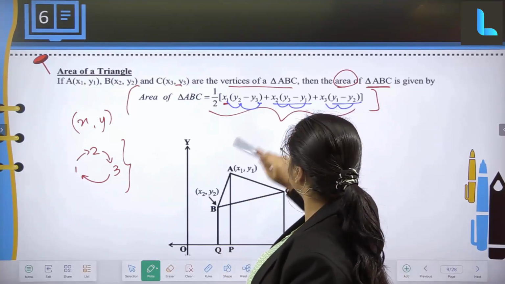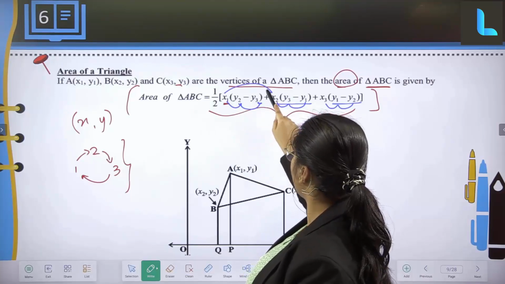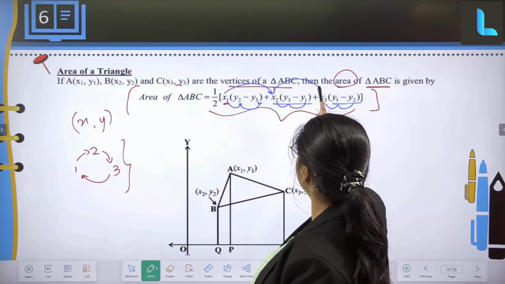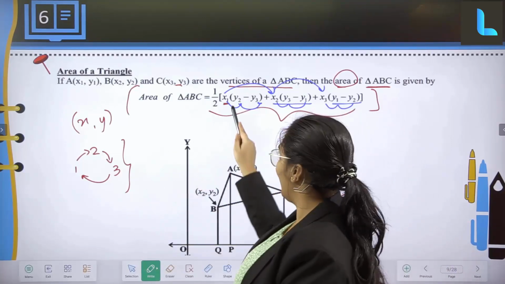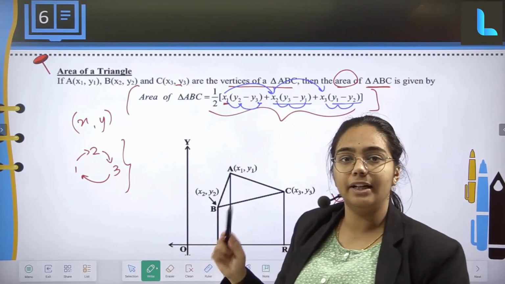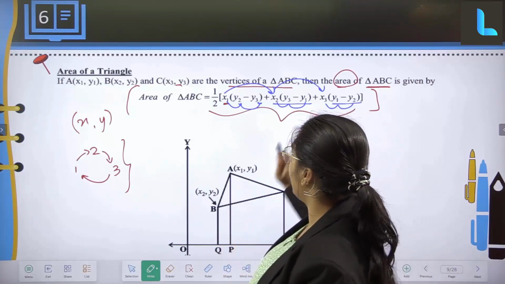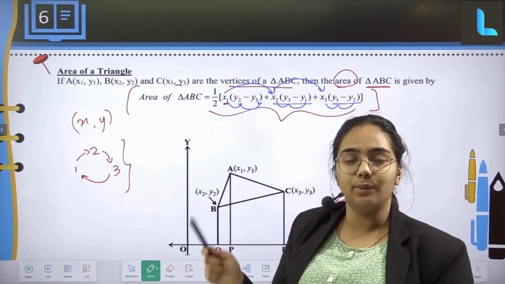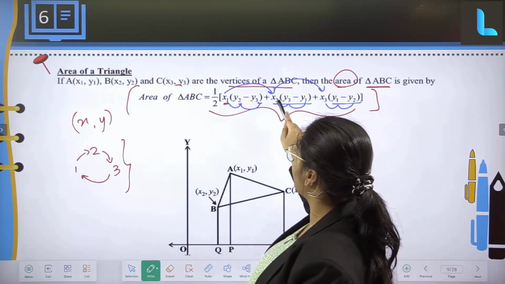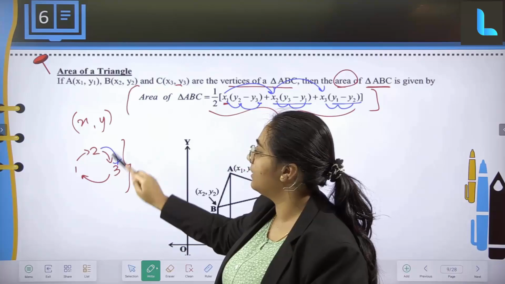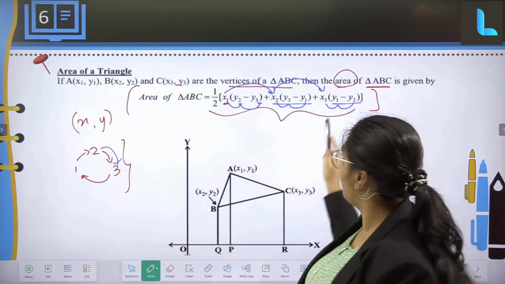So now again here it starts: x1, then start with x2. x2 is done, start with x3. So it is very simple. Start from x1, then 1 is done, y2 and y3. y2 minus y3 plus x2. First you have already considered x1, the next one is going to be x2. So after x2 it is going to be the 3. So y3 minus y1.